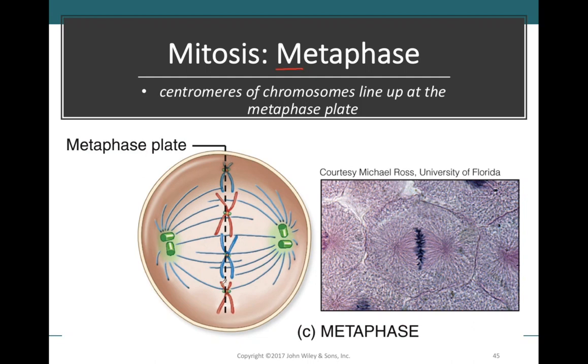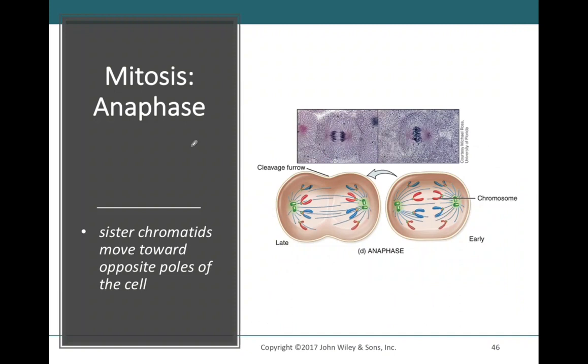Now we wouldn't have been able to have this if the nuclear membrane had not disappeared and we had not formed these spindle fibers. So all the events that occur in prophase are very important for allowing the events in metaphase to progress. That will lead us into anaphase. Anaphase is going to be characterized by the actual pulling of the sister chromatids apart and moving them towards opposite sides of the cell. So you can see in early anaphase, these spindle fibers are going to be pulling on